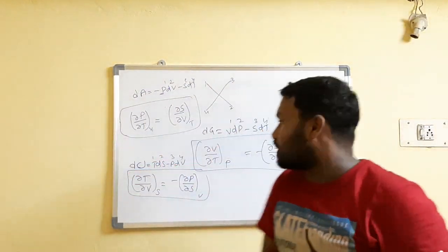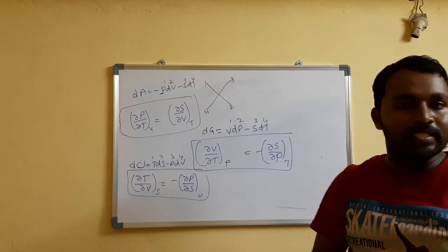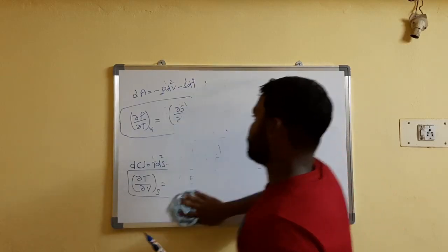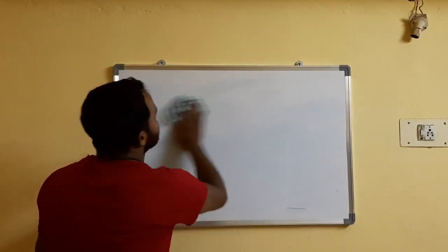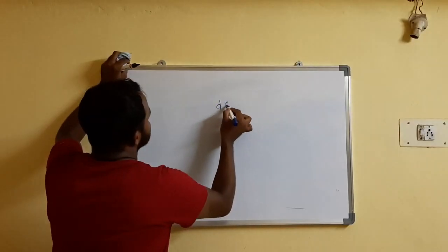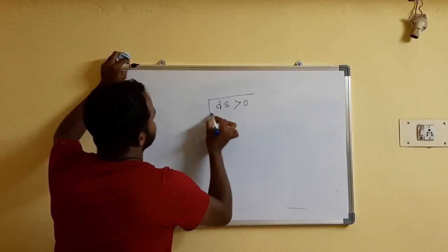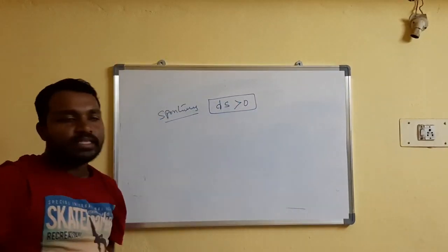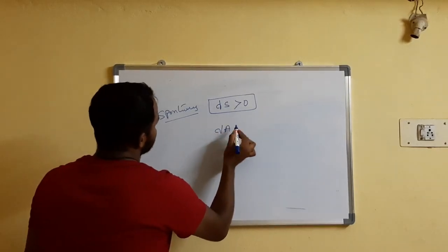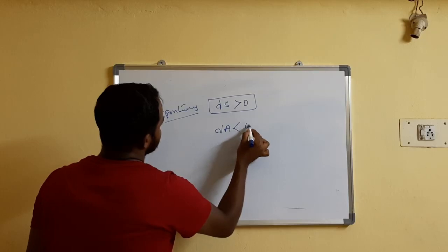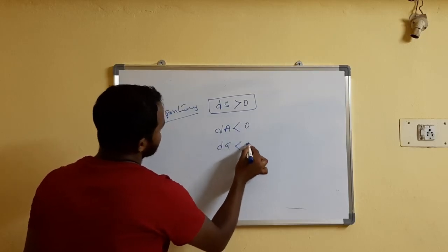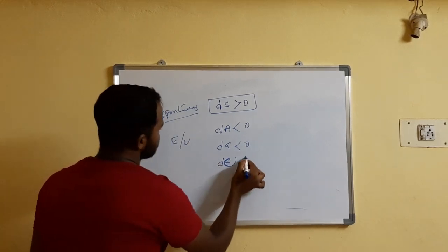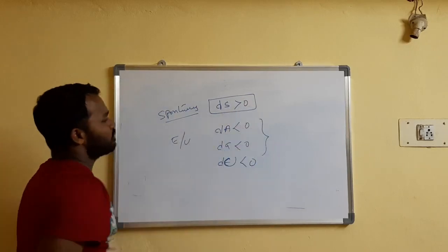Now I wanted to tell what the spontaneous process is and how to remember the spontaneity values from these equations. So just remember, friends, for entropy, that is dS, entropy is greater than 0 for a spontaneous process. Just remember, for a spontaneous process entropy is greater than 0. The remaining, all processes, what? dA, that is Helmholtz free energy, less than 0, and dG, free energy, less than 0, and internal energy, sometimes you can write it as U, so dU is less than 0. This is for a spontaneous process.